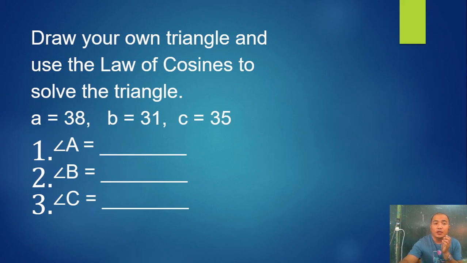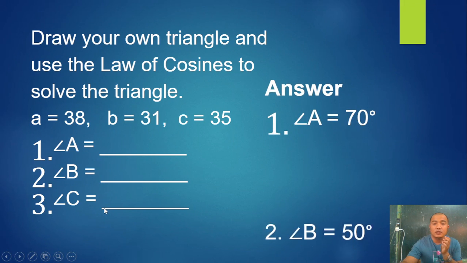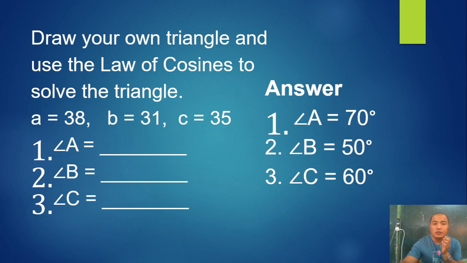Now, draw your own triangle and use the law of cosines to solve this triangle. Three sides are given, so use the law of cosines to solve for the measures of angles A, B, and C. This is the answer. Try to show me the solution and